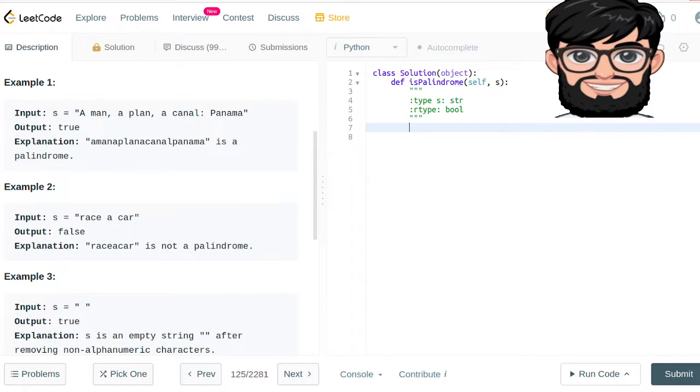So we're going to have two pointers. One is left, one is right. Left is initialized to 0, on the left side, and right is on the right side, which is the length of s minus 1. Then while left is less than right,